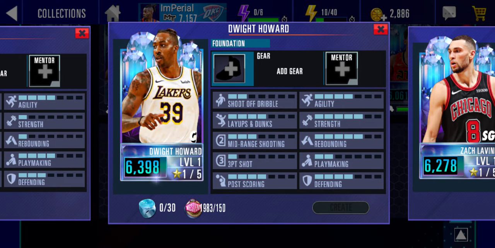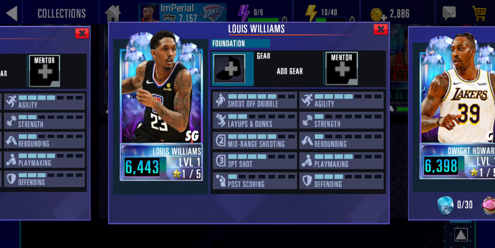Then we got Dwight Howard, the dude that got selected on the USA team. The rebounding, strength, and then defending, he doesn't really have anything else. He looks like a basic center, honestly. Nothing really special here. Then we got Lou Williams, who they were talking about, like the cards you want to